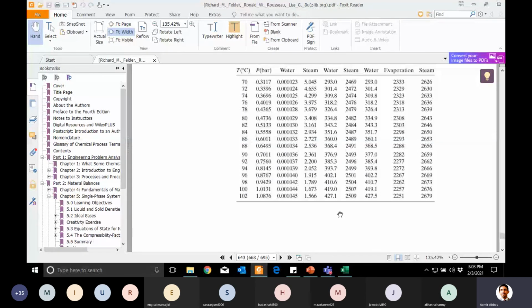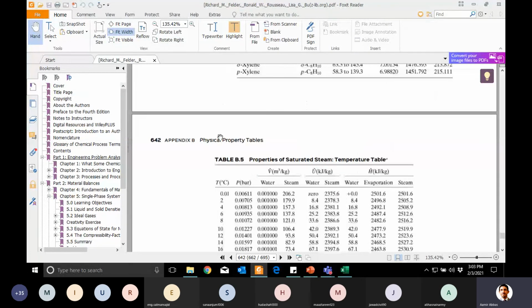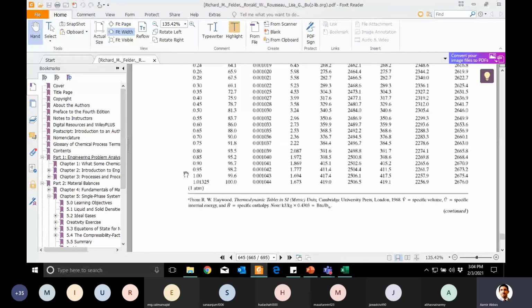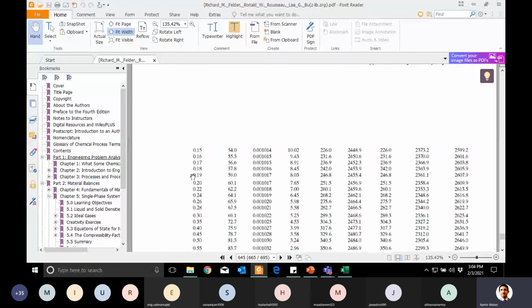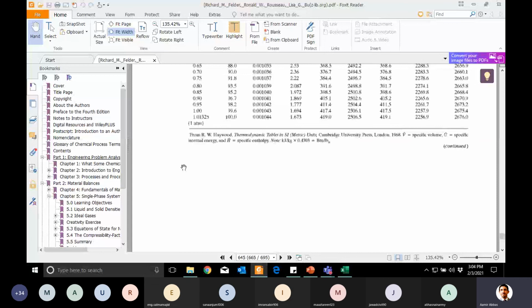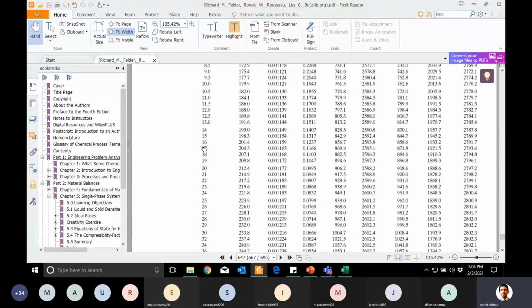There was steam, he said, that is available at 17 bar. Now in that case, instead of looking at the temperature table, just go to the pressure table. In the pressure table, you can locate 17 bar somewhere here. Let me see, where was it? Pressure table. Yes, pressure is increasing. Yes, here you can see, I think it is 17 bar pressure steam. For this, he mentioned that the saturation temperature is 204. So here you can confirm it is 204, and then you can find the value of enthalpy which was used in the question. Understand it?